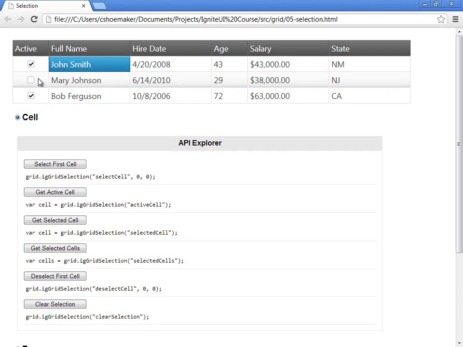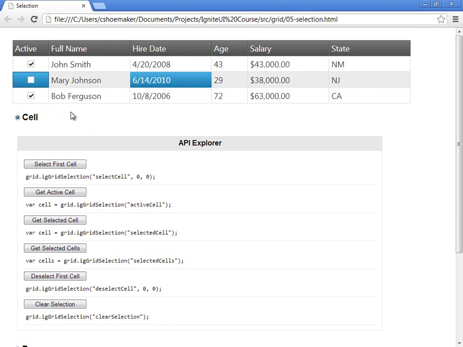You can also make non-contiguous selections. If I click on this cell here and then hold down the Control key and click on different cells, I missed it there, but you can make non-contiguous selections. So there's a lot of flexibility in the way that you can make cell-based selections within the grid. I'm going to go ahead and clear all those selections and then show you how programmatically